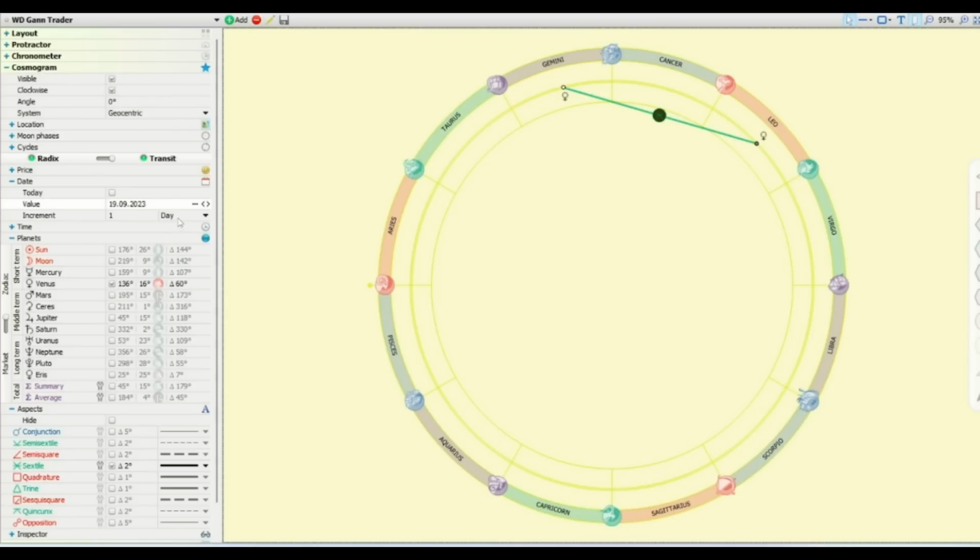Now let's go more back in the past. Now here you can see that when we are going backward in the date, it is not moving anti-clockwise. Instead, it has started moving in the clockwise direction. So it has started its retrograde movement. So we will not consider the dates when the particular planet is in retrograde movement.